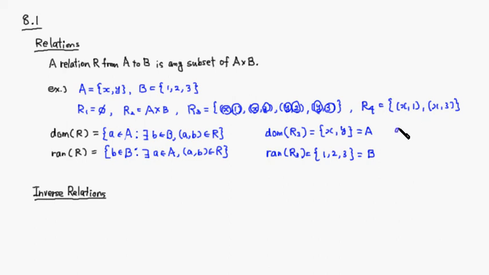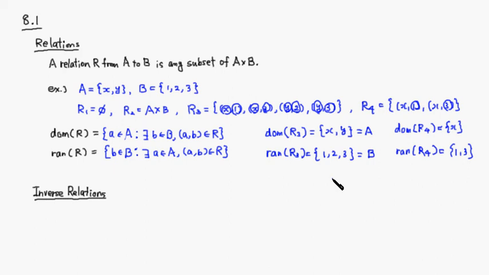So in this case, the domain of this relation is going to be just {X}, and the range is going to be, oh sorry, this is R4. The range of R4 is going to be 1 and 3, so it's {1, 3}. Alright,